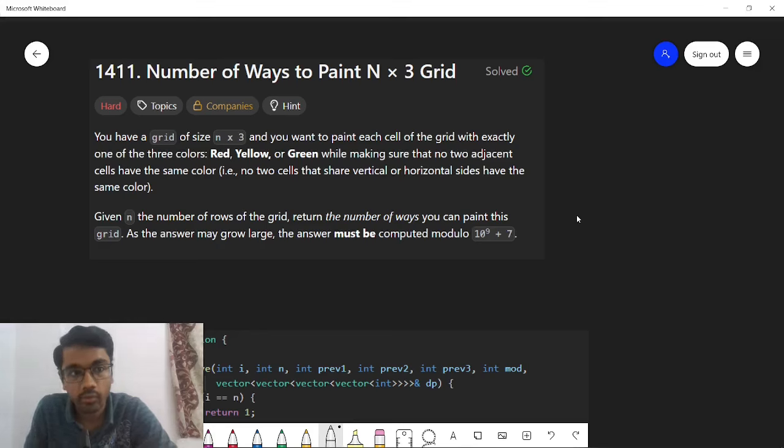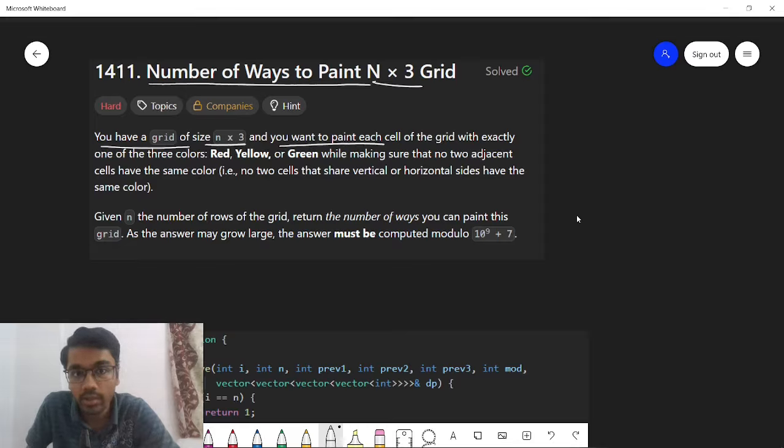So hello everyone, in this video we will be solving another LeetCode problem, and the problem name is number of ways to paint n cross 3 grid. So you have a grid of size n cross 3 and you want to paint each cell of the grid